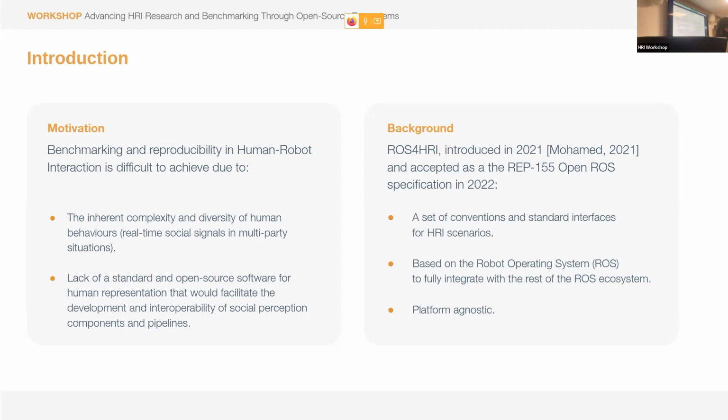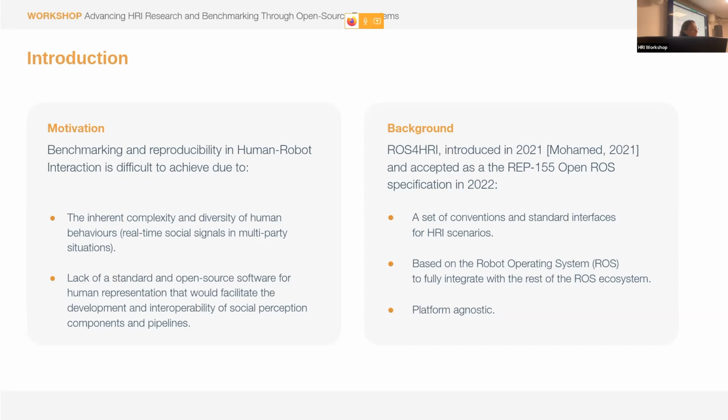But the other thing is this lack of standards, and here's where ROS for HRI comes into play. I don't know how familiar you are with it, if you've ever heard about it. ROS for HRI was introduced in 2021 at ROSCon, and this year it has been accepted as a REP 155 ROS specification.